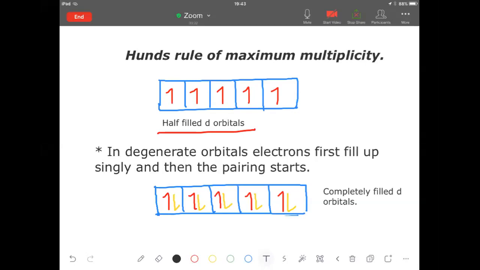I think I have shown the d orbitals here, and here also you see the completely filled d orbitals. So the red one is showing how the first 5 will enter, and the yellow one is showing how the next 5 will enter, provided you have that many electrons. Now let us start filling up the electrons by taking certain atomic numbers. So we can start with calcium. I think calcium would be a good one to start with.